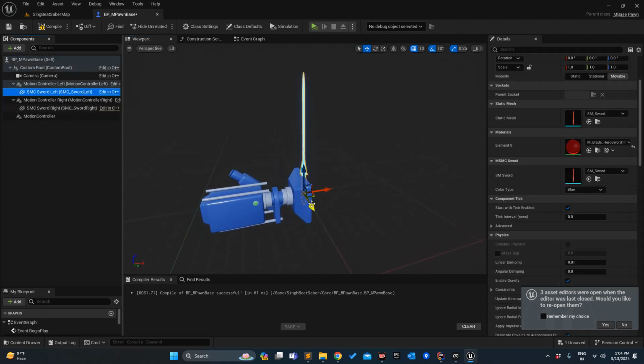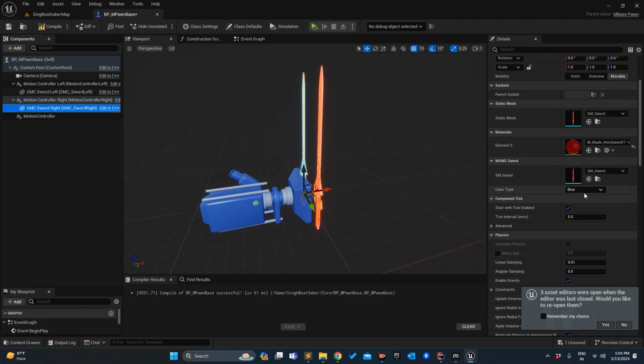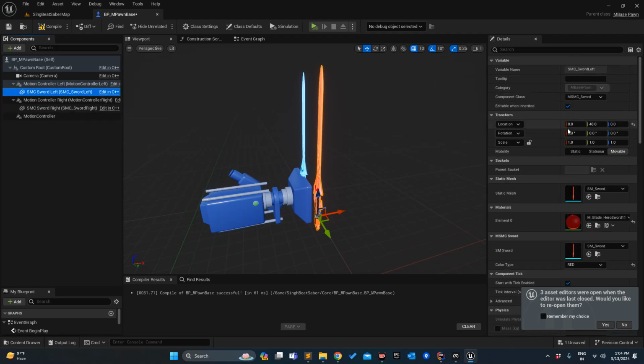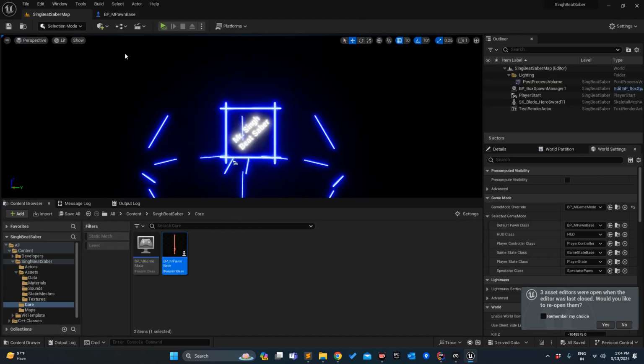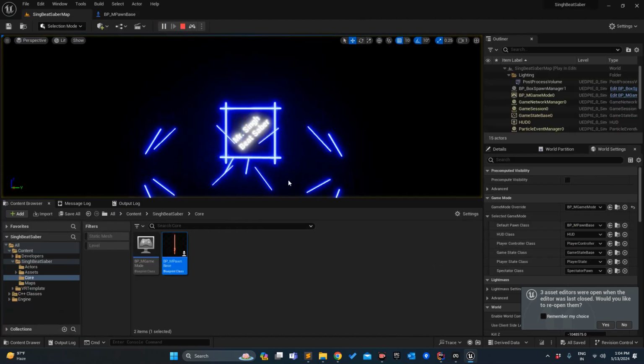Give me a second. This is left. Make it red. Okay, this is working fine. And this is right. So this will be blue. Okay, now this is working perfectly. So this will be the red. Perfect. Let me fix everything. Okay, so I think this seems good. And now if you will